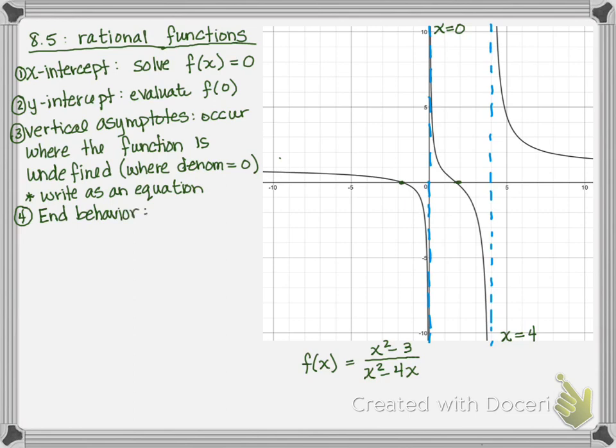End behavior is how the function behaves when my x values get really, really big or really, really negative. In terms of a graph, it's like what happens at the right arrow and what happens at the left arrow. So as I'm coming out here and as I'm moving in that direction, this is how the function,